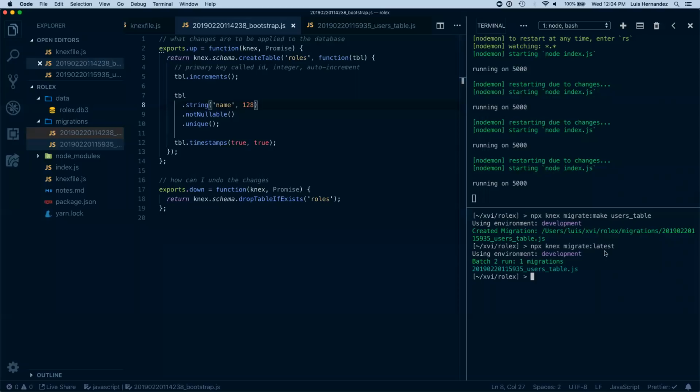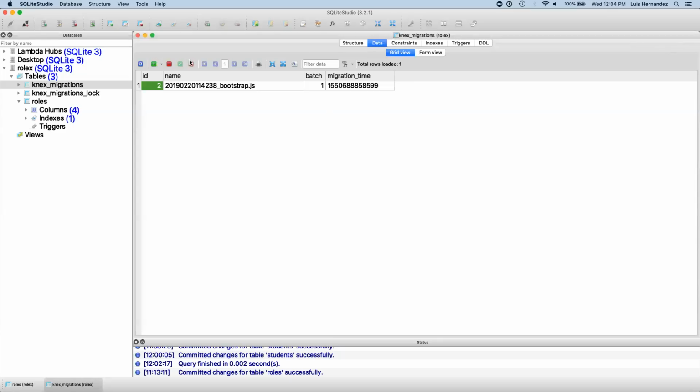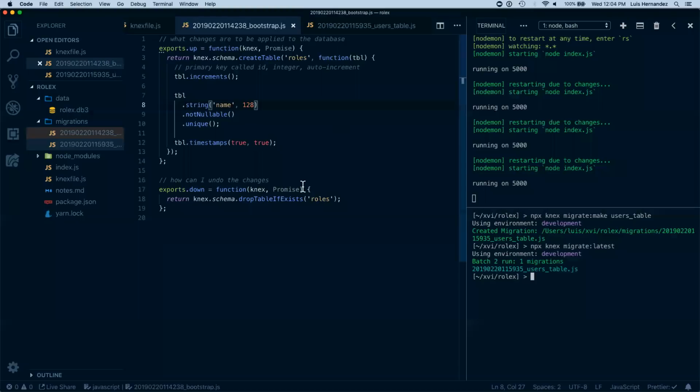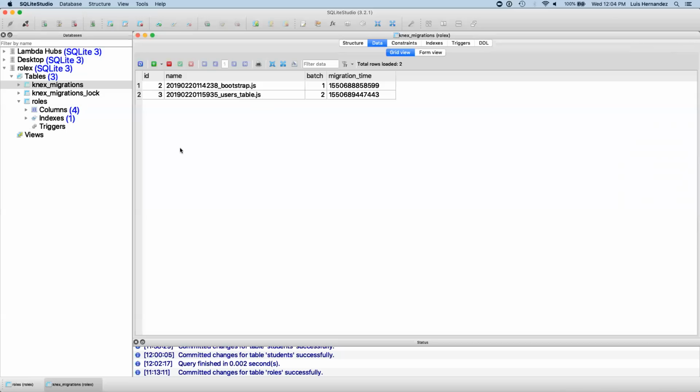So when we do that, we ran one migration, and if we go back to our table now and refresh, is it F5? I don't remember what that is, but just refresh it. Now we see that we ran 2 migrations in 2 different batches, which is awesome. Okay, so now our table should exist. If I refresh all the data there, we have the roles, but we also have the users with some columns in there. So if you double click on that,